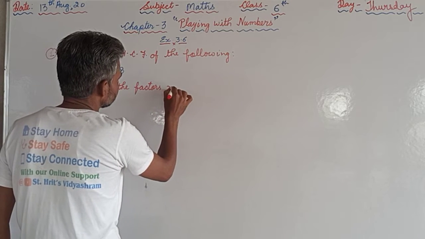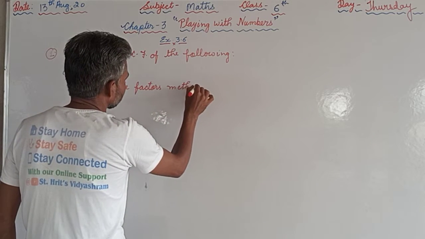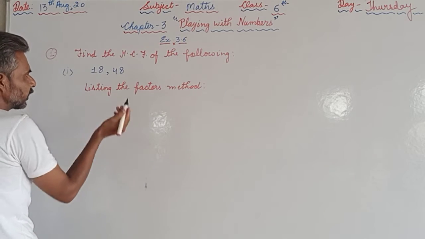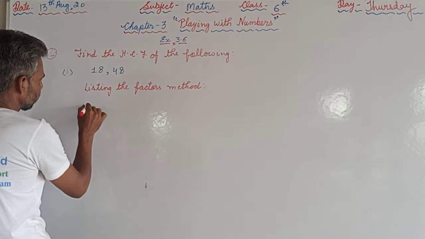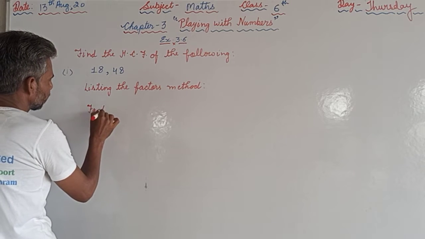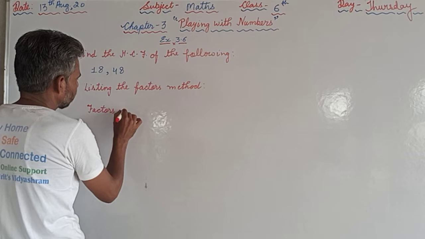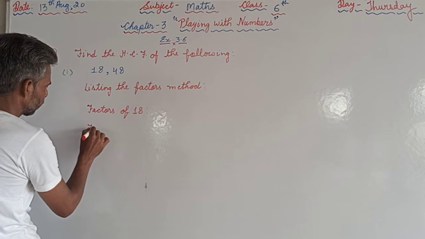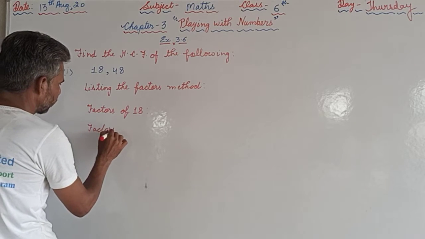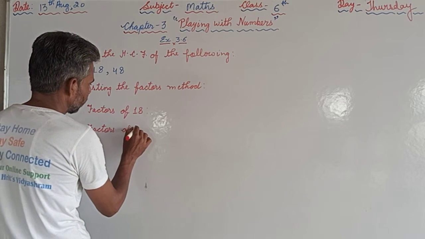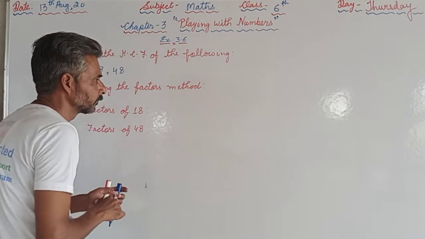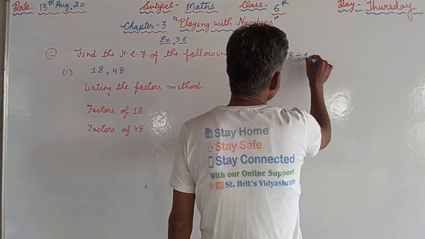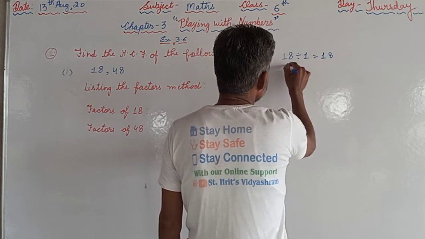Listing the factors method, in which we are supposed to find the factors of 18 as well as the factors of 48. Factors of 18 and factors of 48. So the factors of 18 we will find using the same method: divide by 1, that is 18,